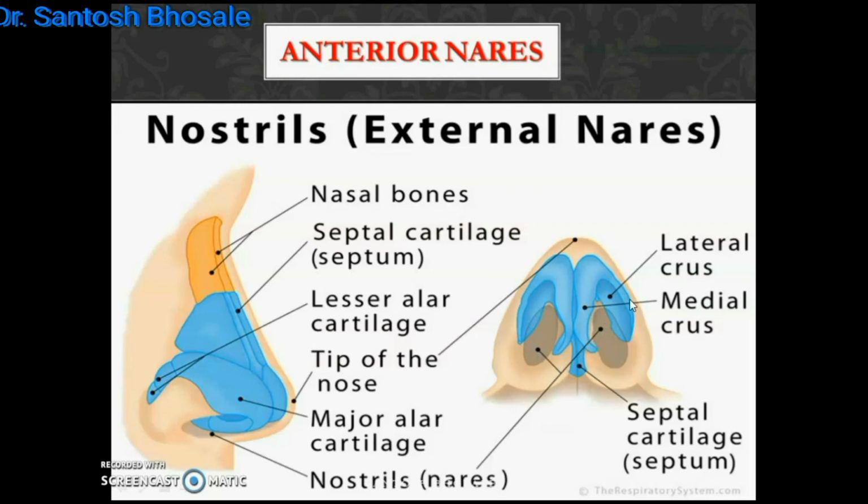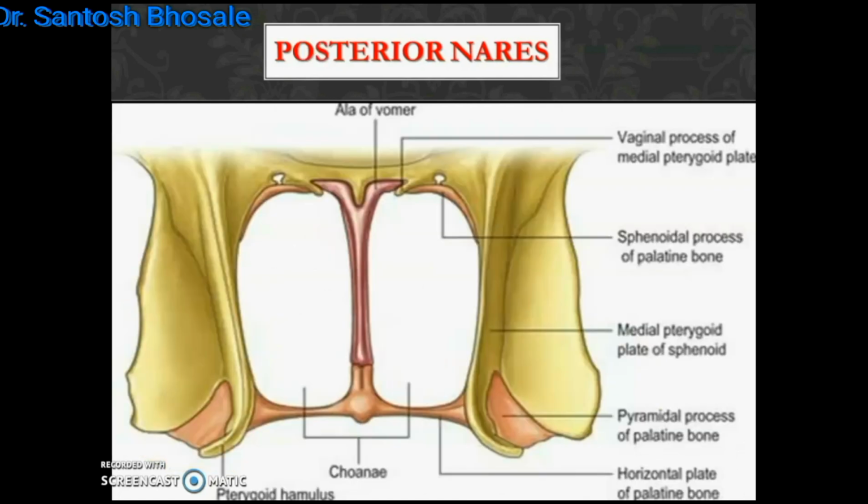U-shaped, and this U-shape helps to regulate the nostrils in case of different facial expressions, anger and happiness, compressing and dilating. This U-shaped alar cartilage will help in that expression.